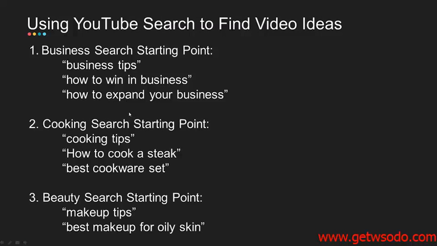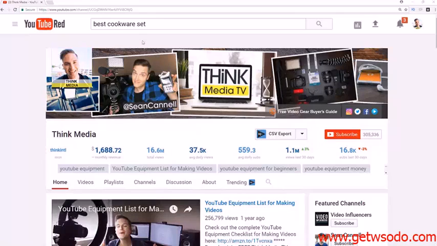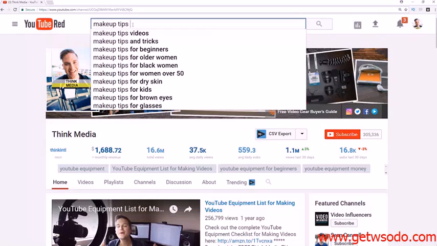And then lastly, just for our examples, and I want you to be doing this, even right now, be experimenting with this, be capturing those video ideas, either write them down, put them in a Word doc, or put them in a Google Doc. Let's talk about beauty, and we could do makeup tips or best makeup for, say, oily skin or something. And so we could go, of course, makeup tips, and we got makeup tips and tricks, but like makeup tips for beginners. And look at all these opportunities now. We could go older women, black women, dry skin, brown eyes, glasses, so many distinctions,